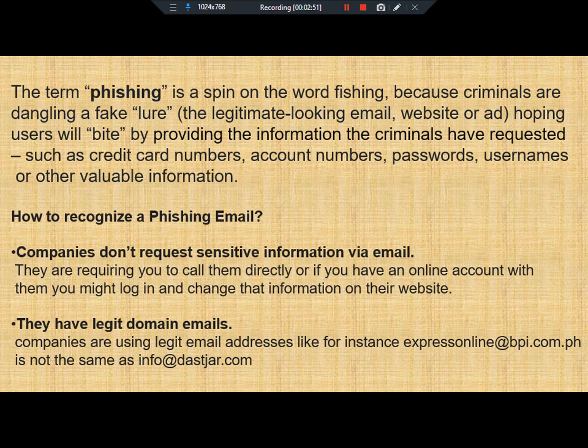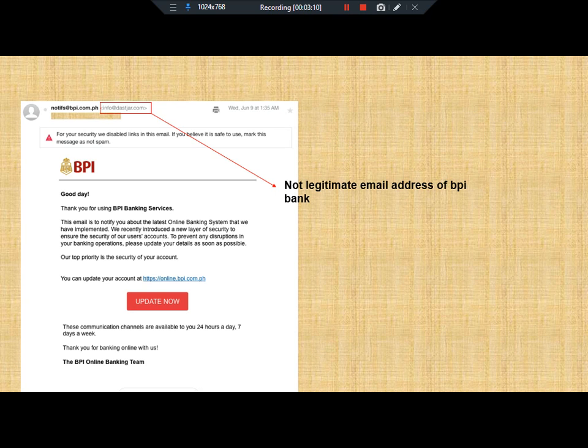Number 2, they have legit domain emails. Companies are using legit email addresses like, for instance, expressonline@bpi.com.ph. It is not the same as info@jar.com. In this particular screenshot, we have here a fake email from a legitimate website, BPI or Bank of the Philippine Islands.